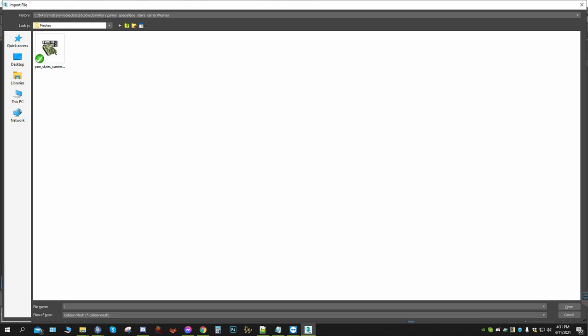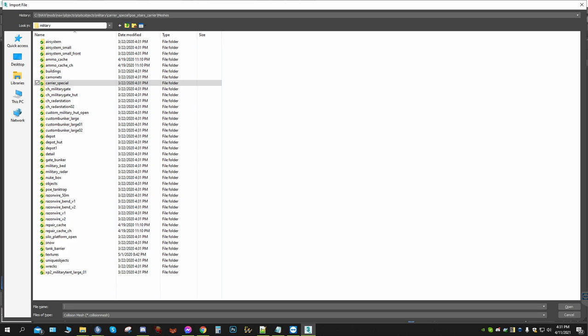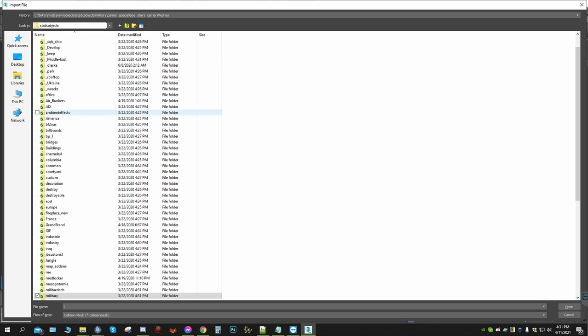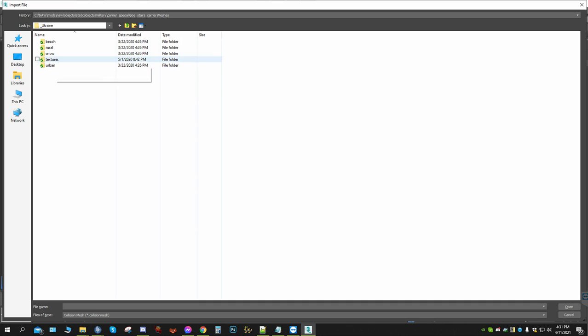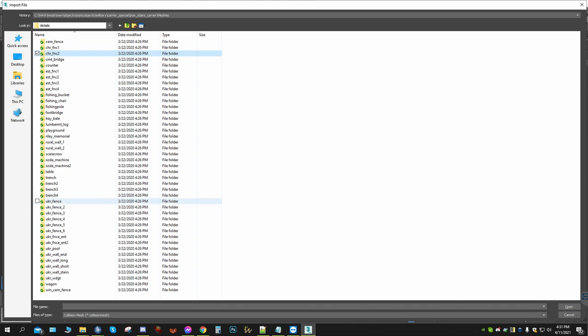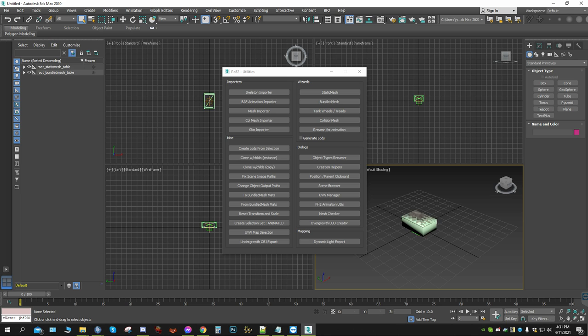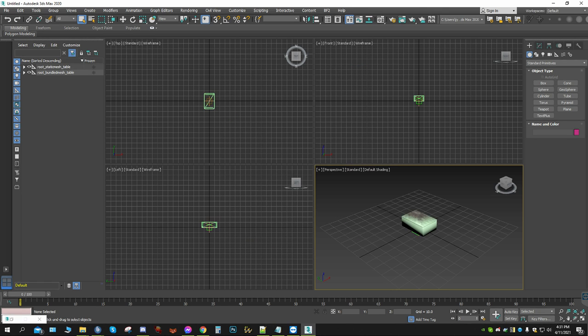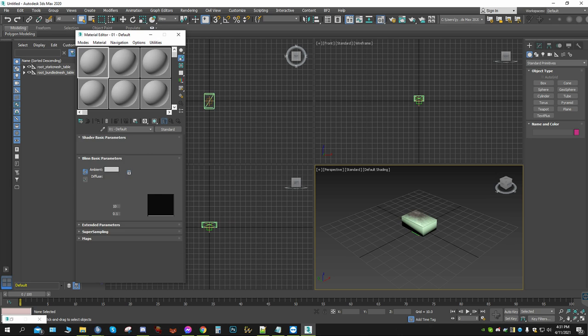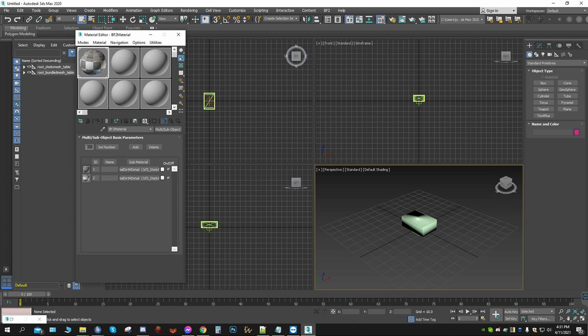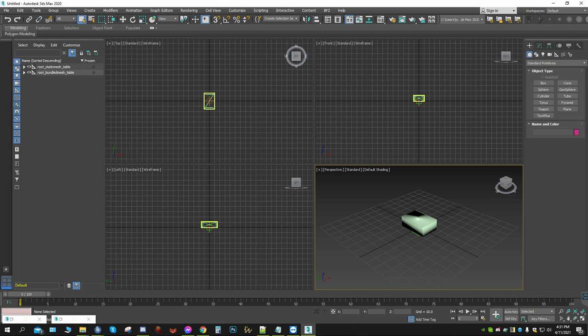Bring in the collision mesh as well. Rural details. There. Okay. So now I got those. First thing I'll do is grab my materials off the bat. So first I got those. Now